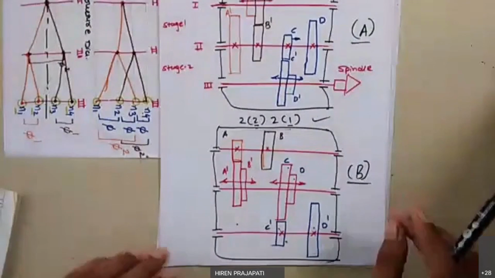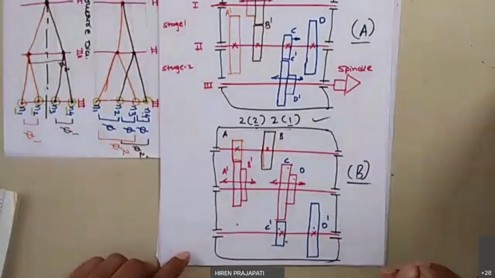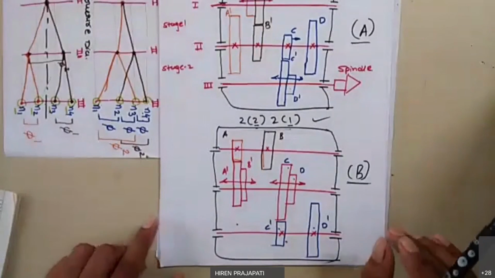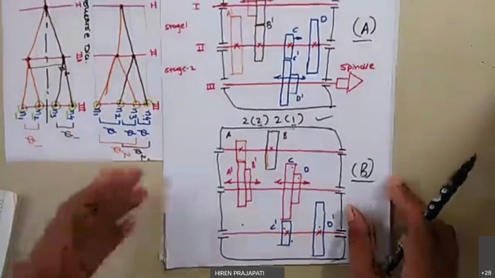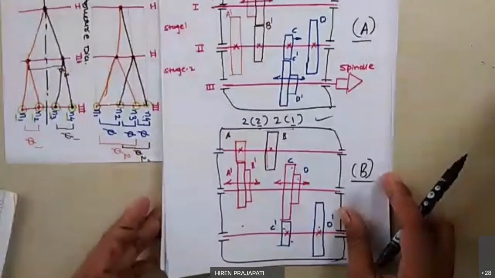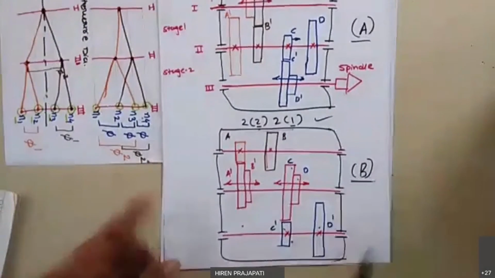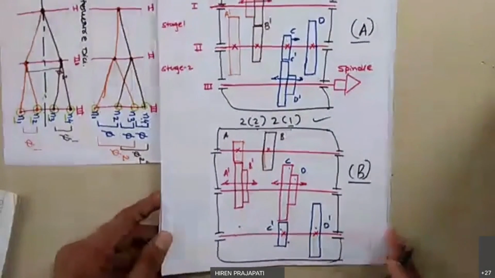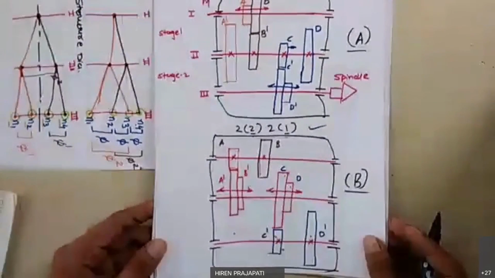So it is better to keep only one spline shaft and to provide the gear clusters on that single spline shaft, so that cost will drop and strength-wise it is also good, right? So we'll stop here in today's session. If you have any further question or query, then you can ask.